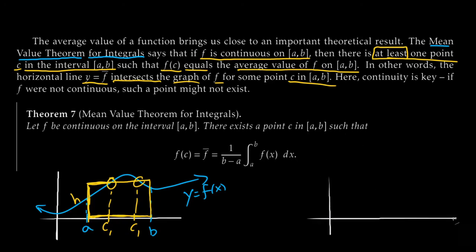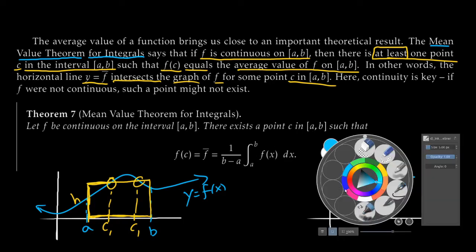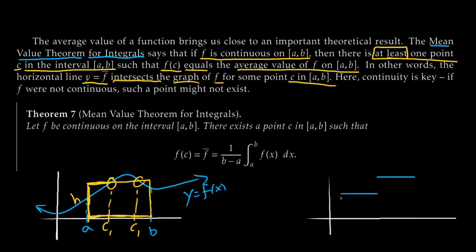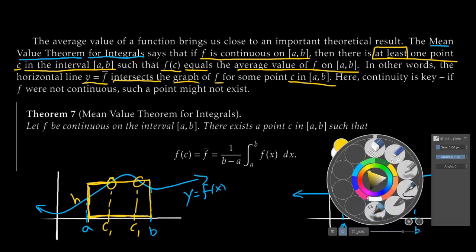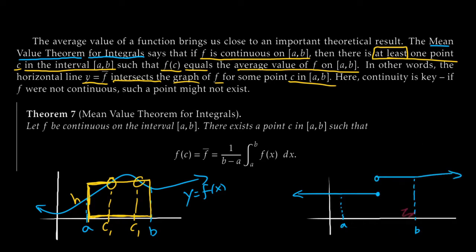So I'll just sketch one out really quick. They're not even hard to do. Maybe I've got a function that's got a crazy little jump in it. You know, something like this. And, let me switch back. Maybe I'm going from, say, a over to b. I don't know, I should probably put like a hole here or something like that. Make this one filled in. These guys can go do whatever they want afterwards. I don't even care. But notice if I do something like this, then the area under the curve, which let me shade in, will be